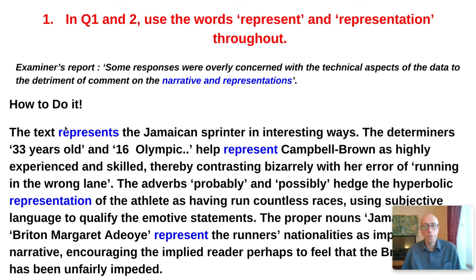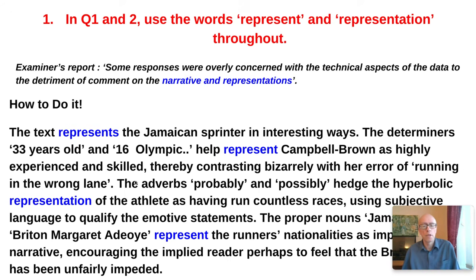So you notice how the topic sentence has the verb represents. So this is guiding the reader through the text. And then we've identified a specific language feature. In this case, it's determiners, 33 and 16. And we're linking it to the idea of representation, i.e. there's an odd contrast between the supposed skill and experience of Campbell Brown and her error in running in the